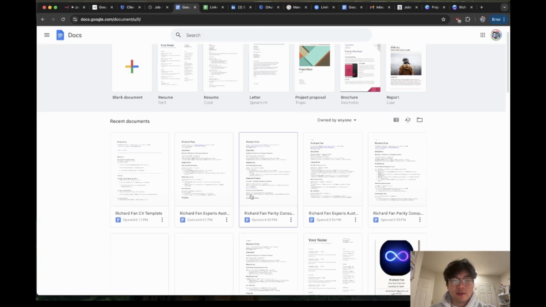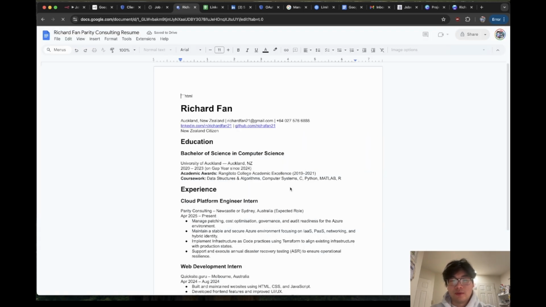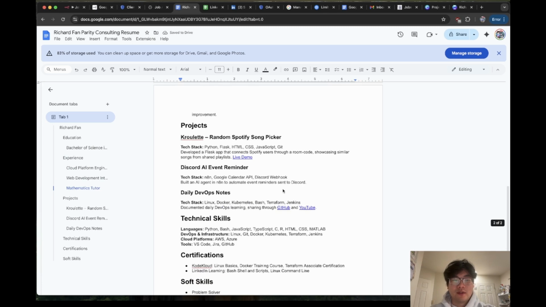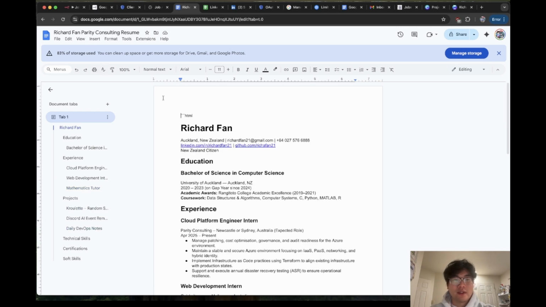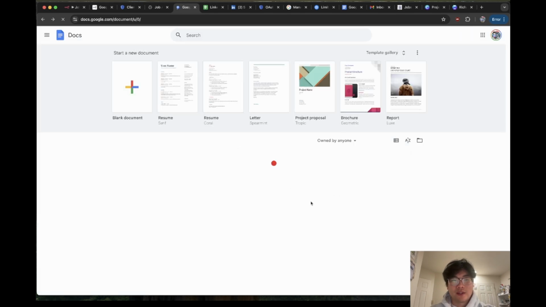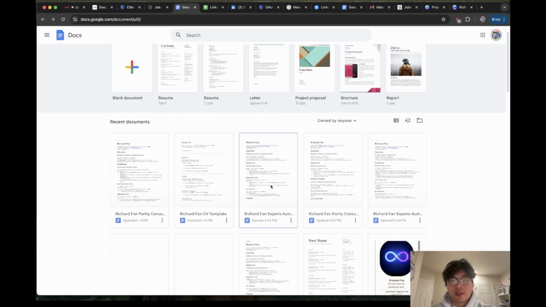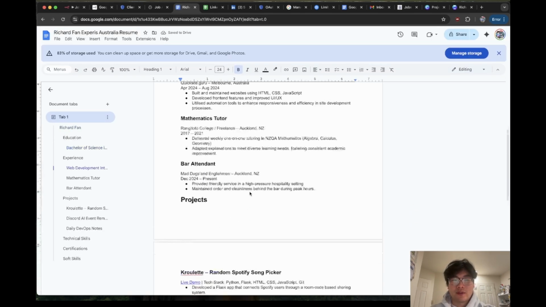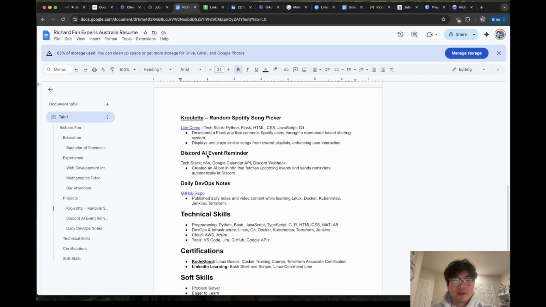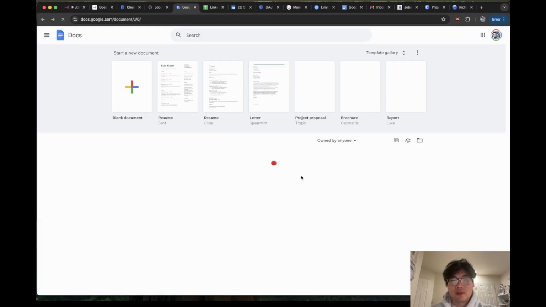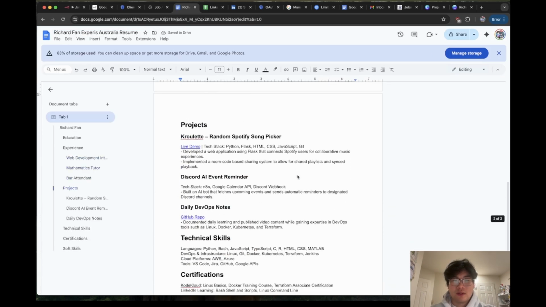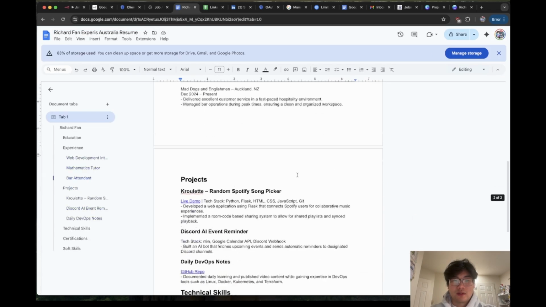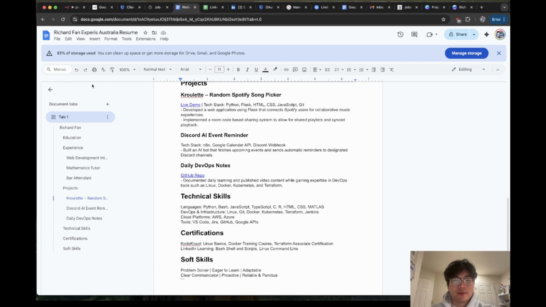As you can see, these are all different types of jobs, and they're all different types of CVs. For example, this one, right? It ends at soft skills. Oh wait, this is an old one because there was a bug in it. But let's say this one's relatively newer, right? Similar, soft skills, and then you can go to something else like, let's try this, and then you can see the soft skills are changed, right? It'll get rid of some, it'll add new ones,